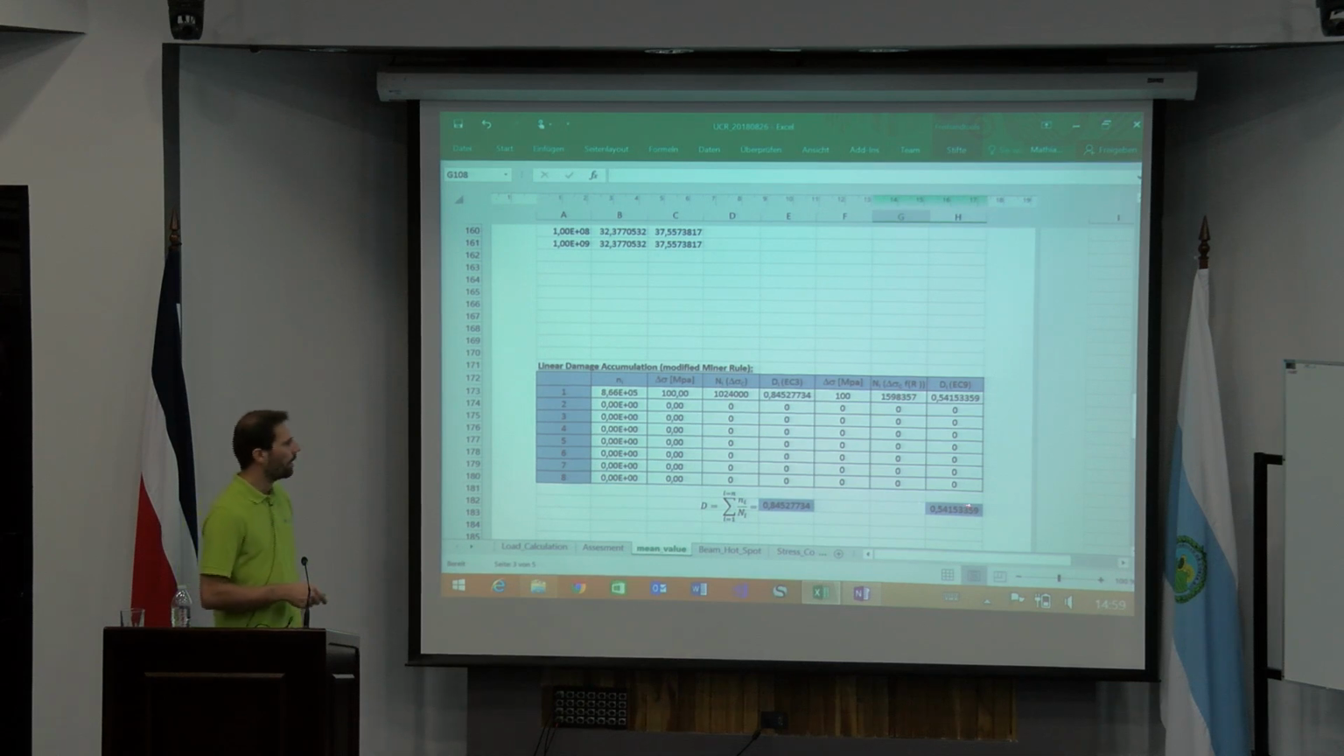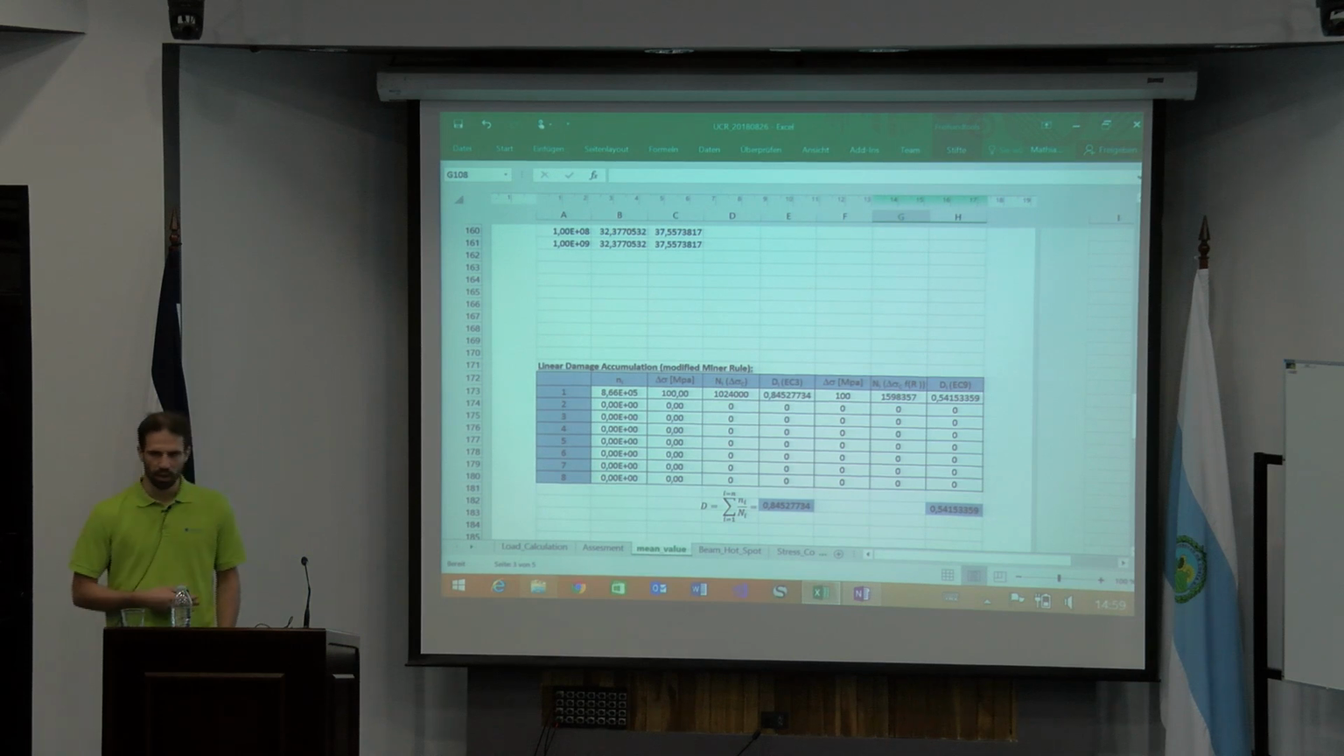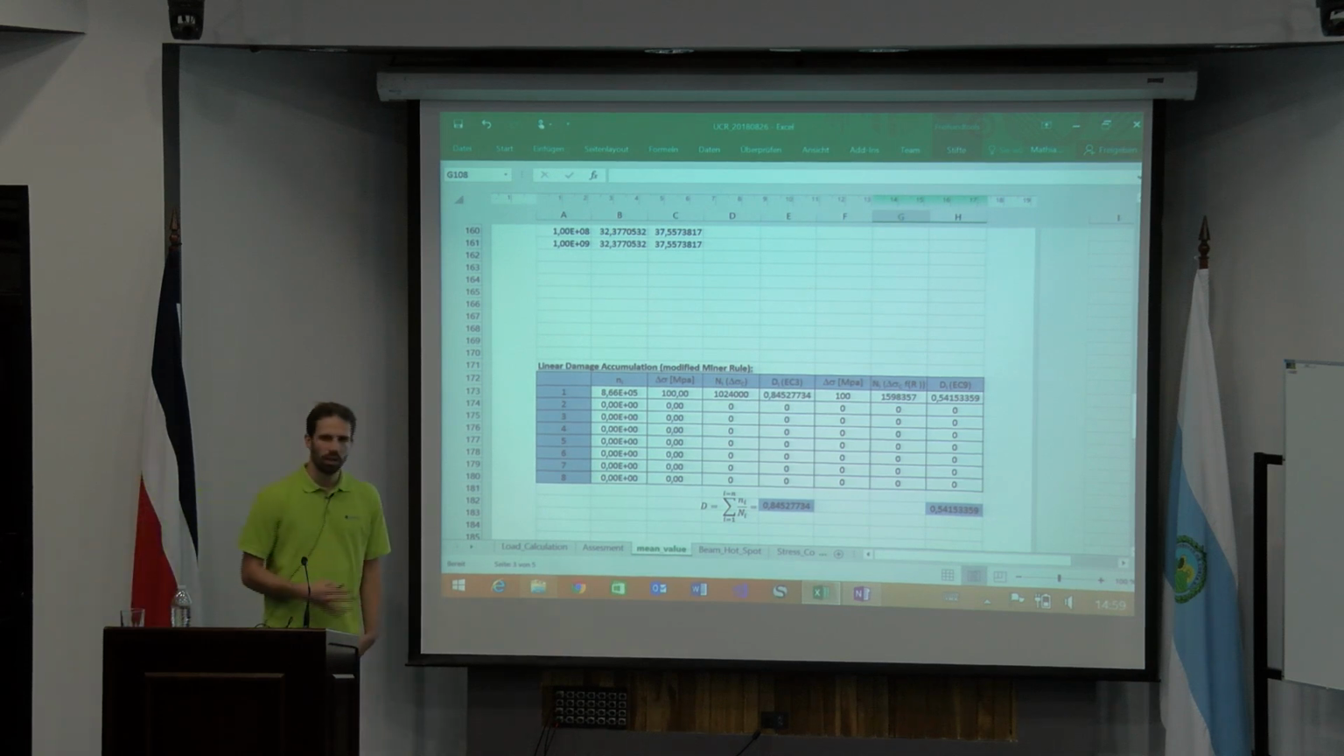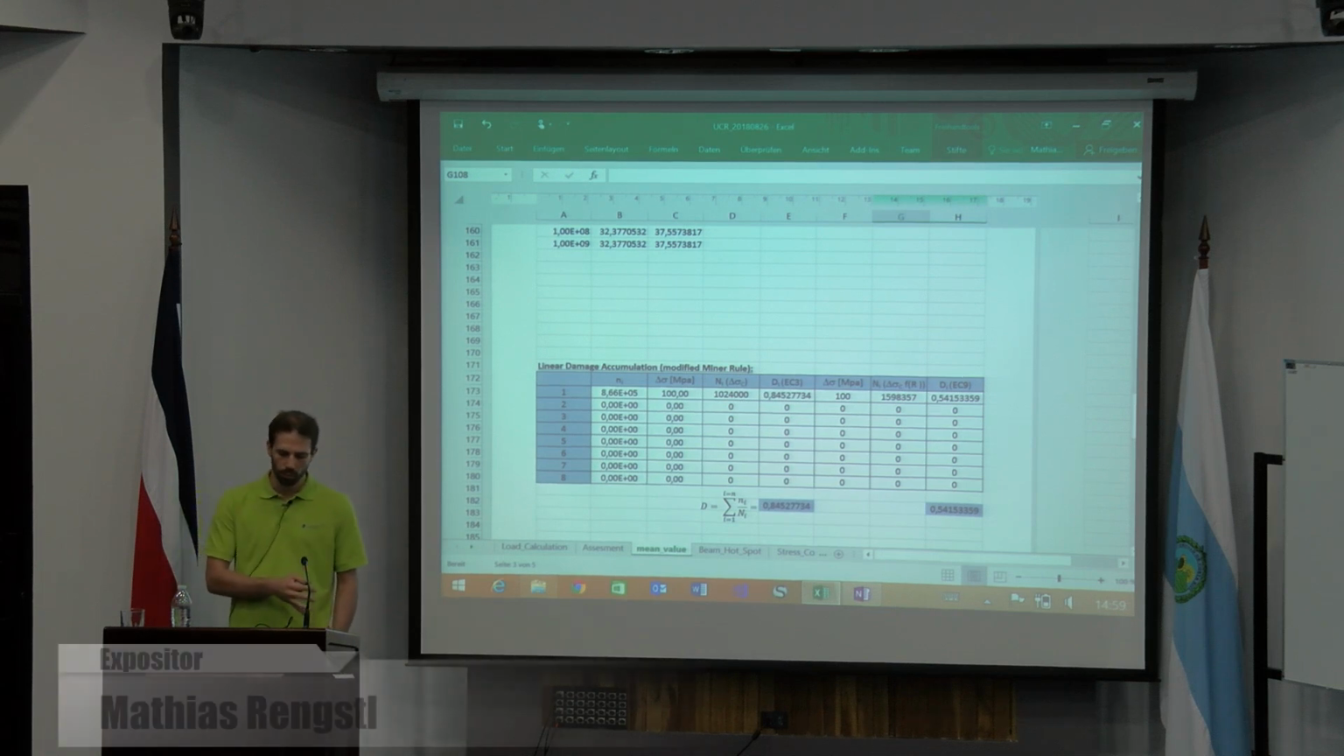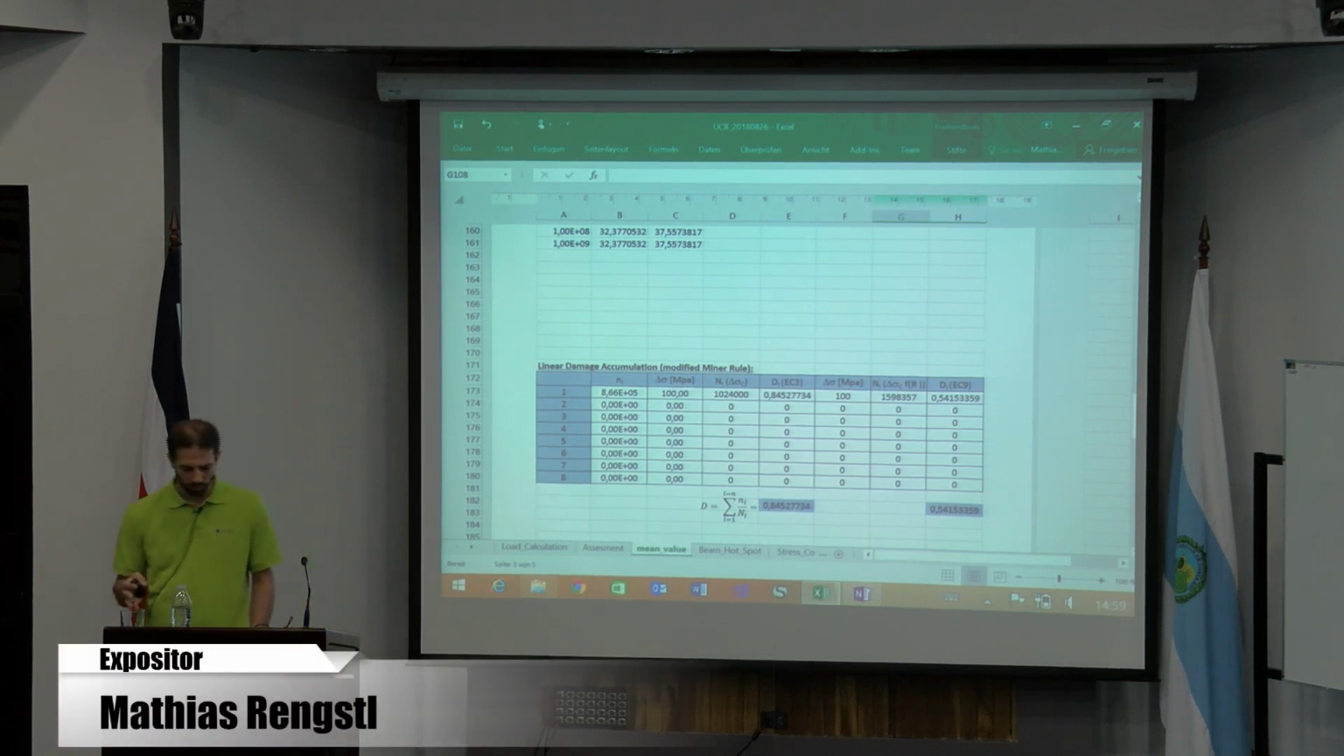And at the end, you have a better estimation and a better accumulation at the end of 0.54. So you can have a benefit on this side in your fatigue assessment and in your calculations. So, of course, this is something which you have to do in the engineering office, and at the same time you have to be